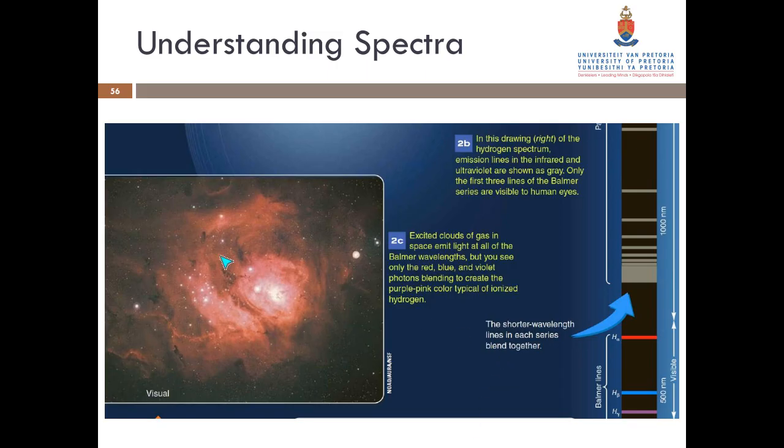When we look at a stellar nursery or nebula like this, we can see the emission lines of hydrogen. So this is hydrogen alpha, beta. Here we can see the Paschen series looking at wavelength in nanometers, and this is the Balmer series looking at their wavelength as well. Something interesting is